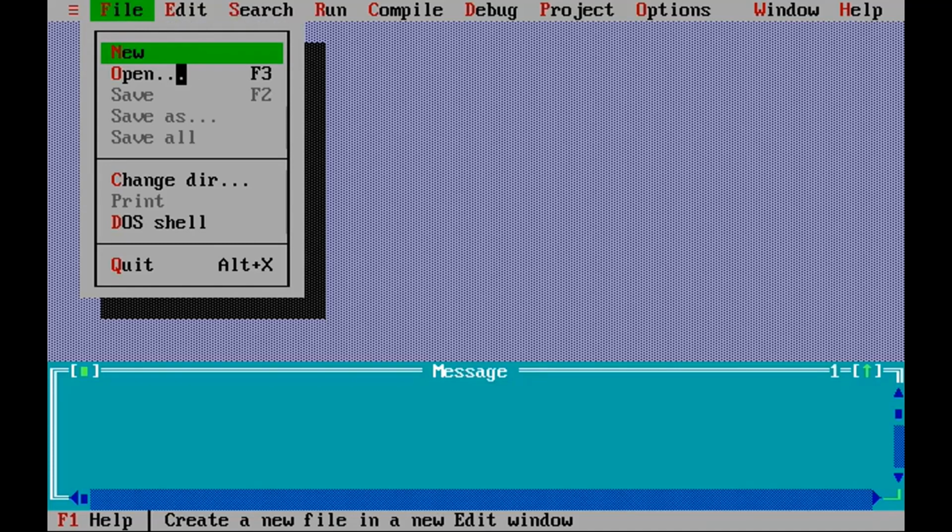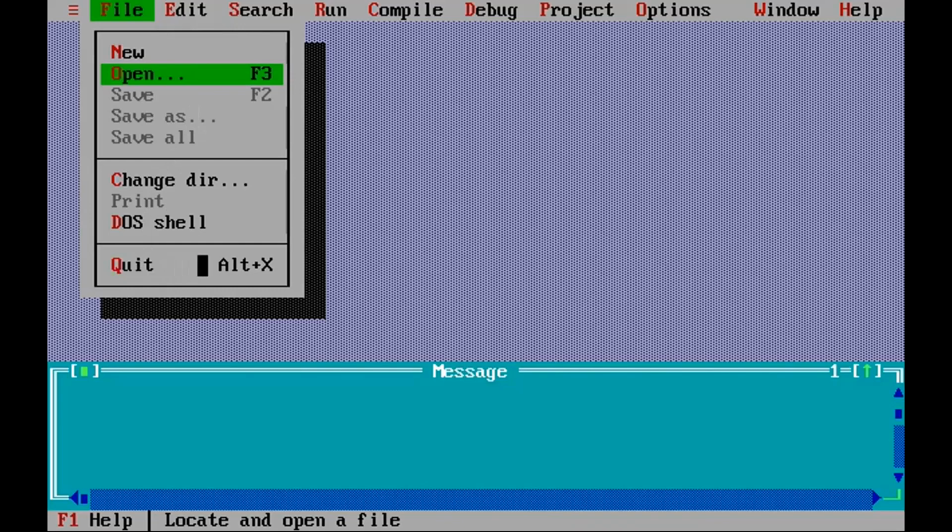Open is used to open an already saved C program file. The next option is Save, to save the new program with a certain file name. Save As is used to save the already saved program with another name. The last option is Quit, to quit or exit from the Turbo C compiler.